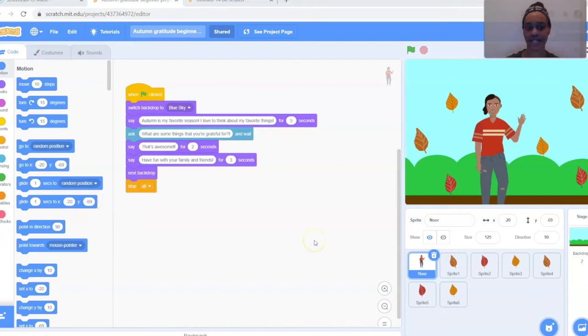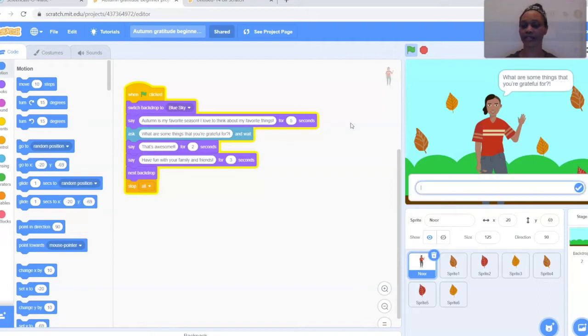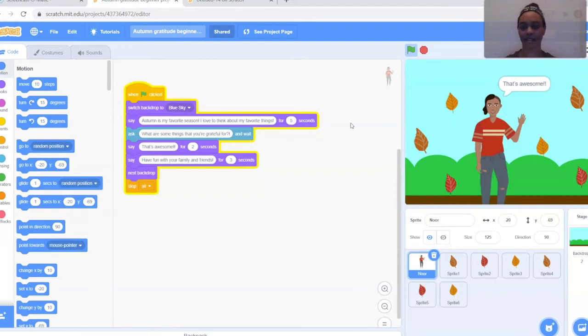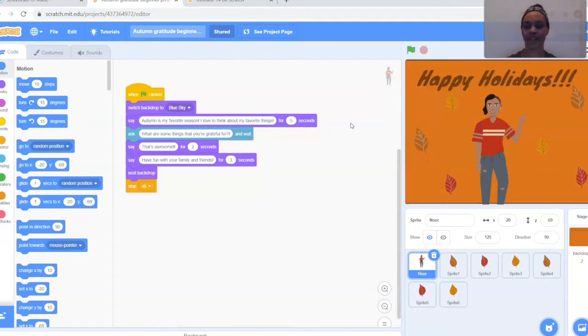So for this, again, it's a gratitude animation, so you will be interacting with the user. And by that, I mean the character that we create will be saying, responding with me, the user. So I'm going to start with clicking my green flag. And so as you can see, the character is sending a message and now it's leaving an open box for me. I'm the user, I'm replying back. And then that's the